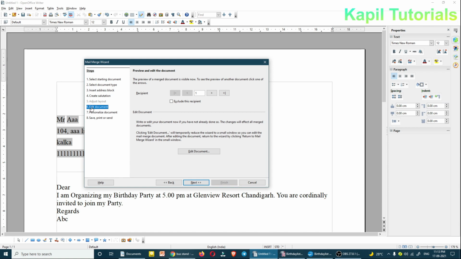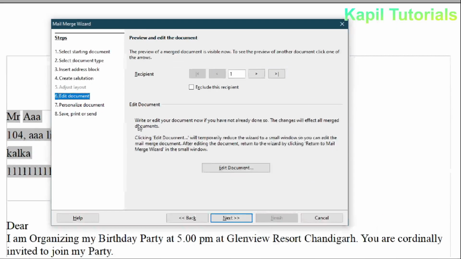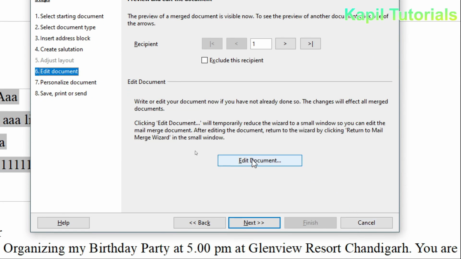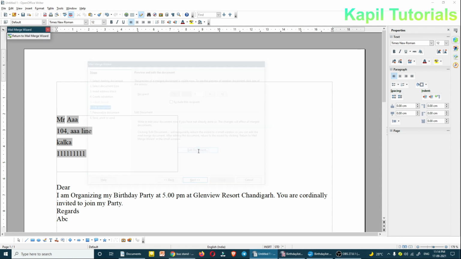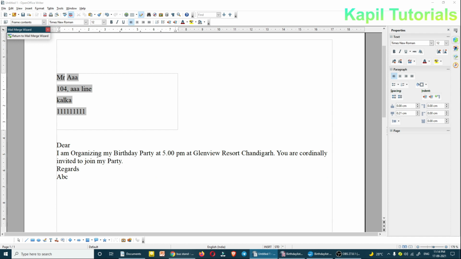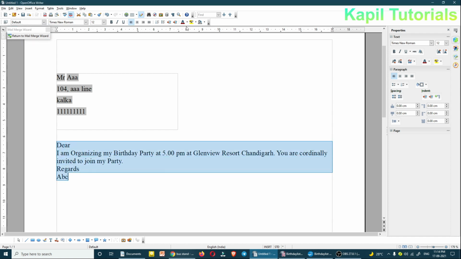Afterwards you could see here the edit document option. I can click upon edit document if I want to make any changes. Whatever changes I do will appear for all the personalized letters. So I'll click upon edit document. Here, whatever I want to do, like this I want to make it in blue color.